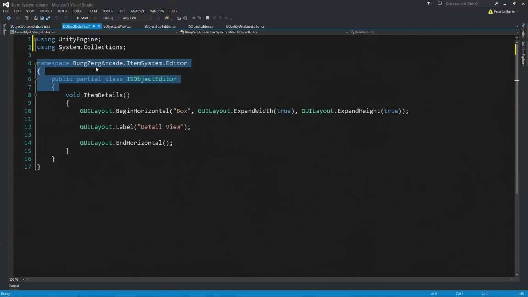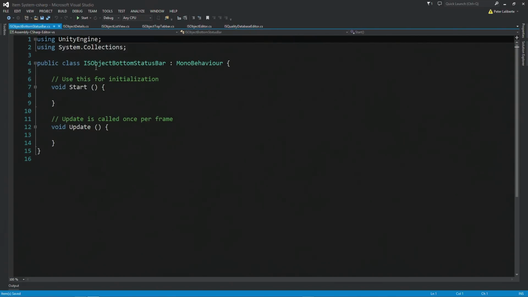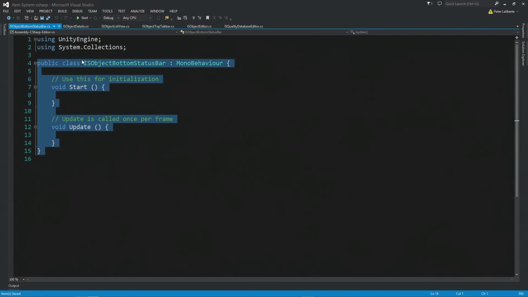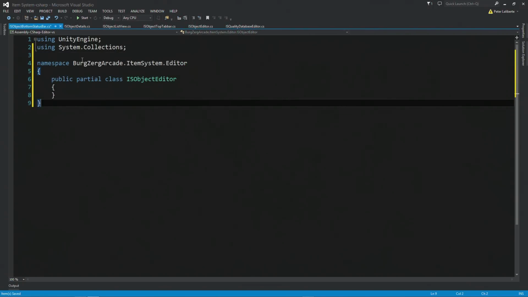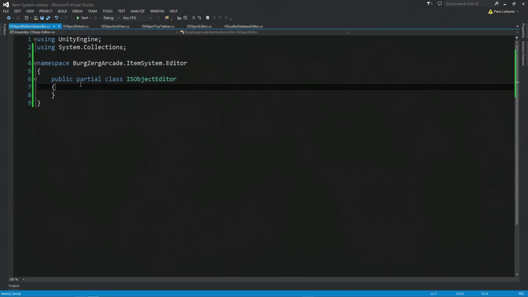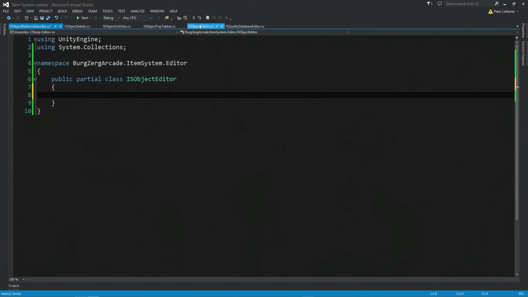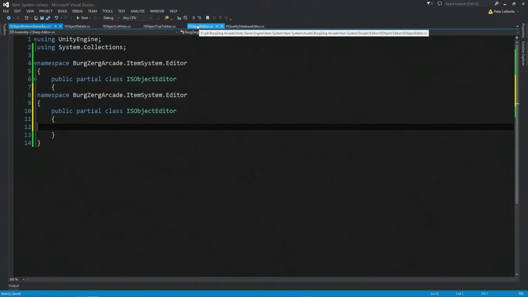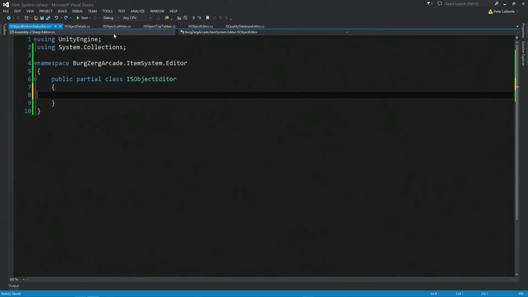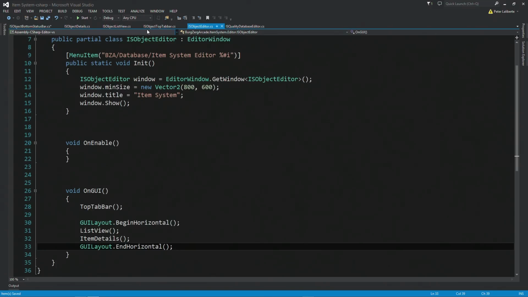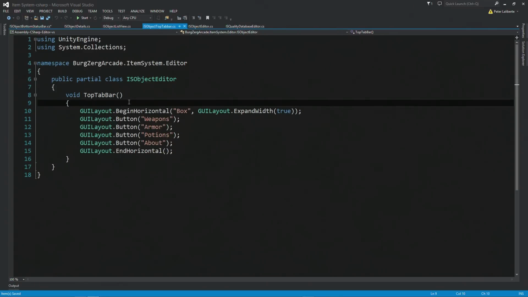So of course, just like all the others, we're gonna go ahead and copy the namespace and the partial class part. Save that because it needed to be saved. And we'll go ahead and replace all this. Save that off. And I'm going to go ahead and put the formatting in here. And again, it's going to be just like the other bar. Do I still have that? No, I don't. I just copy paste. Of course, I wouldn't have it in there anymore. So we'll just copy